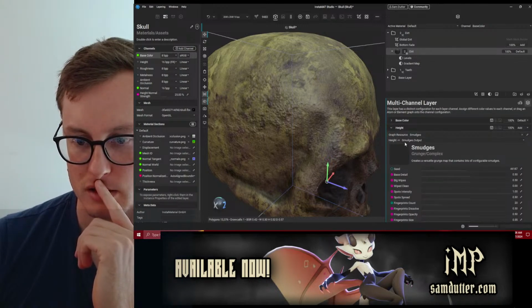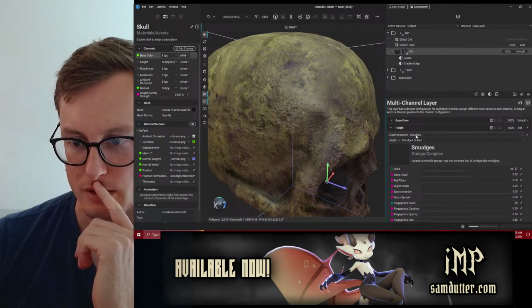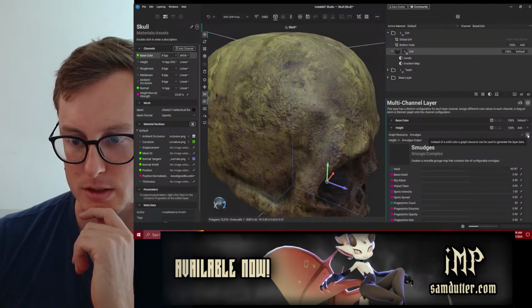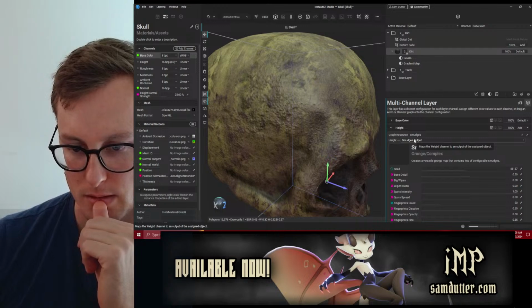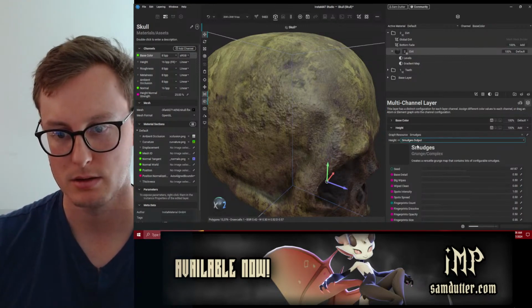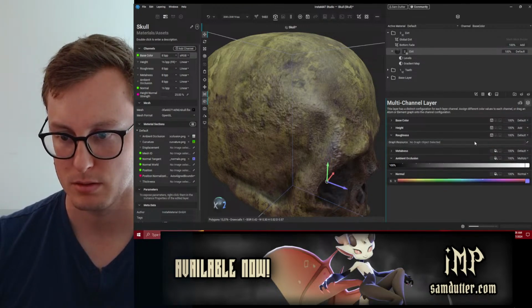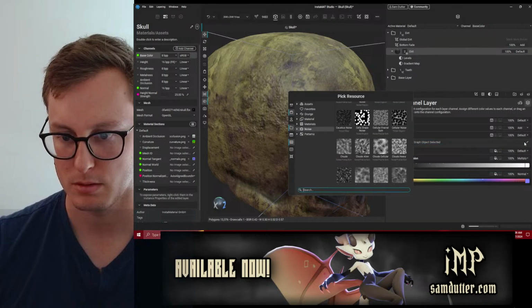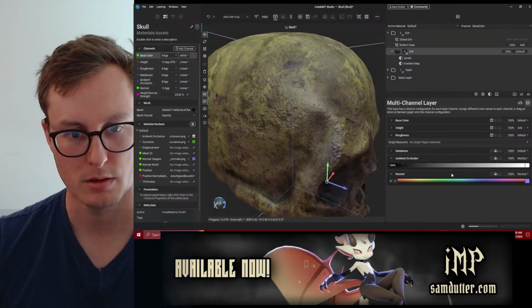Can I link my layer here? Graph resources smudges. Instead of a solid color, graph resource to be generate. That's what I'm doing. Smudges.output. Can I copy that? Sure.